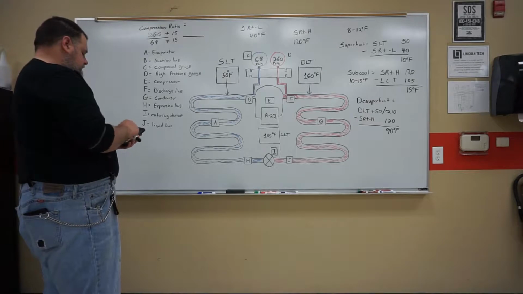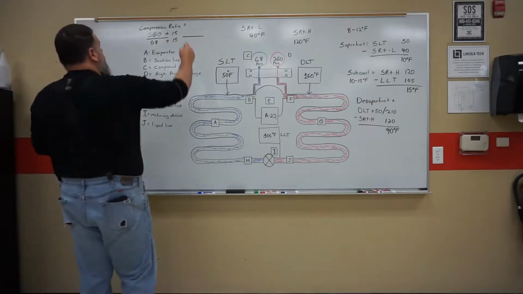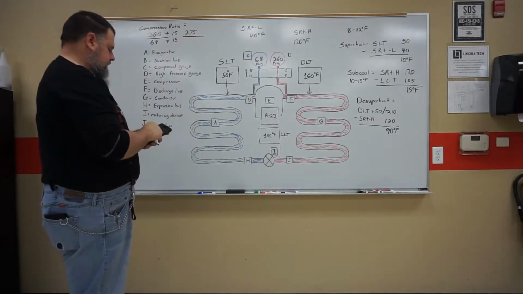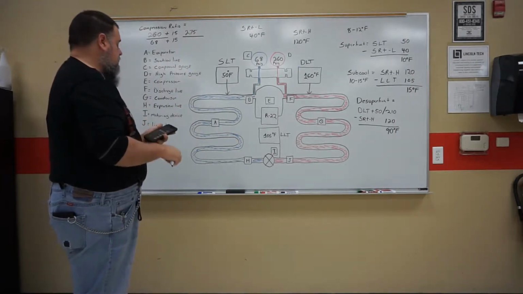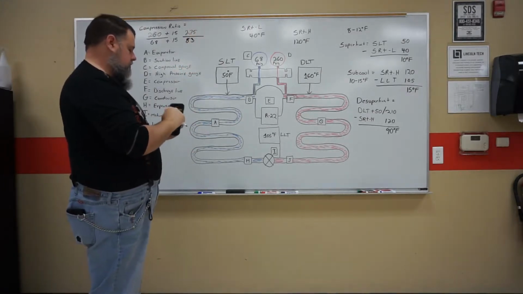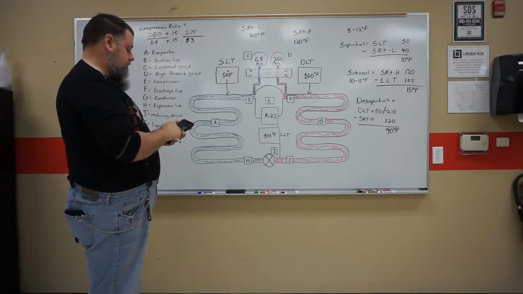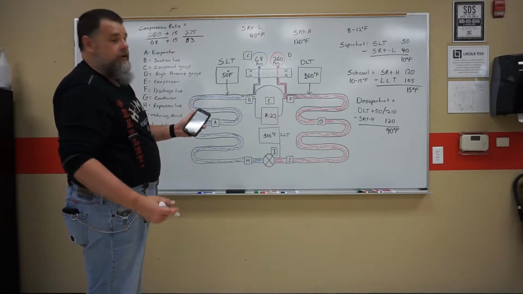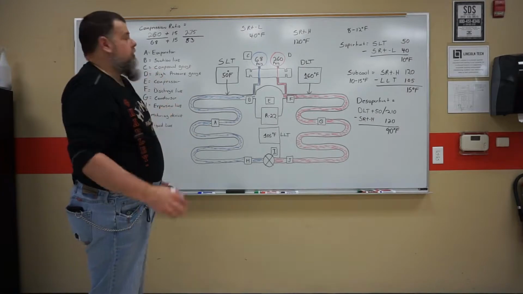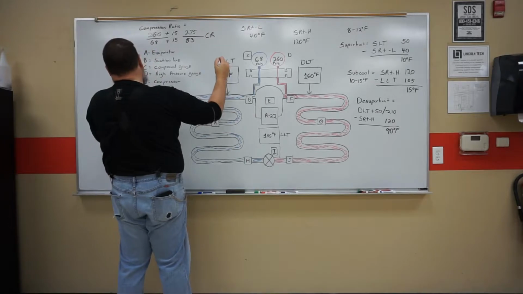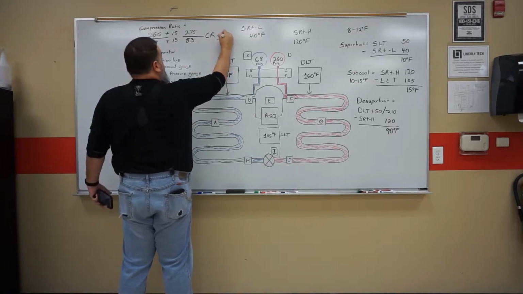260 plus 15 equals 275. 68 plus 15 equals 83. Now let's divide those together. 275 divided by 83 equals 3.31325301. Stop after the first two. So we can say the compression ratio here for this system is going to be 3.32 to